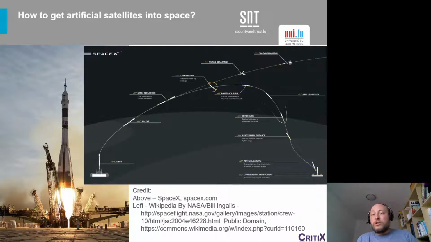And the whole process of launching the satellite into orbit is surprisingly quick. Just to reach 100 kilometers on SpaceX Falcon 9, it's about two and a half minutes. So it's really fast. Then obviously it will take some time to reach the 7.9 or so kilometers per second of the orbital velocity, the velocity that is required to maintain the orbit. But still, it is a matter of minutes